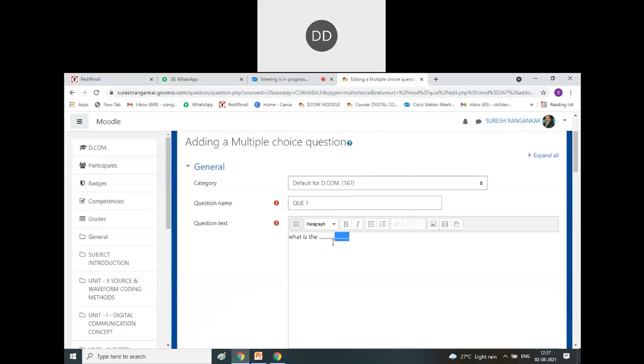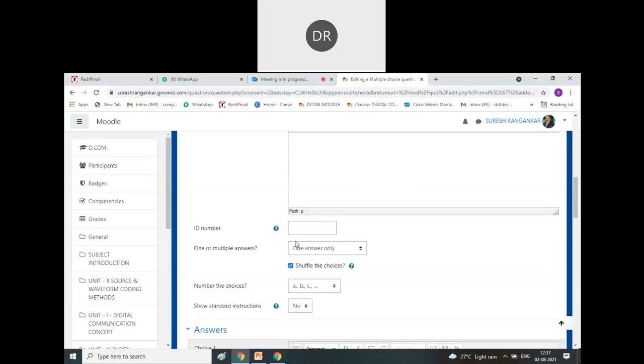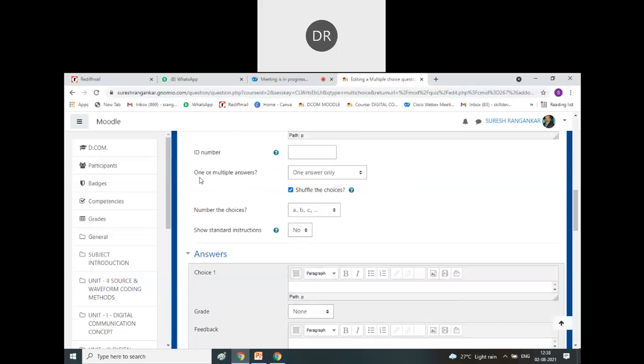So you can frame the question here, and you can frame the multiple answer. Now here you can see one or multiple answer. So this question may have a single answer or the multiple answer also, right? So normally by default one answer is selected. Shuffle is also because shuffle means one question और जो ऑप्शन हम देंगे वो स्टूडेंट को शफलिंग वे में जाएंगे. If you don't select this then all जो भी सीक्वेंस रहेंगे ABCD वो सभी क्वेश्चन सभी स्टूडेंट को सेम दिखेगा. Normally it's by default ये ऑप्शन सिलेक्ट रहेगा.